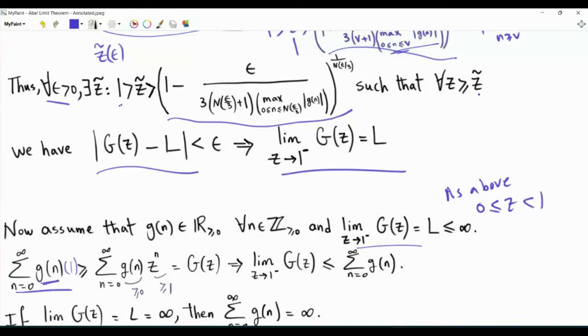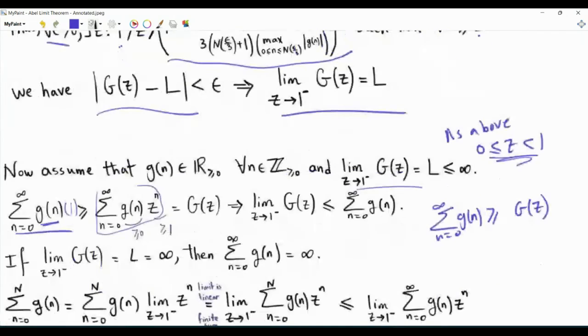So g of n is greater than or equal to 0. It's multiplied by 1. So I can lower bound this summation by g of n multiplied by z to the power n, given our choice for the range of values of z. Now, when we do so, this summation here is exactly the generating function. Now we have that summation n from 0 to infinity, g of n is greater than or equal to g